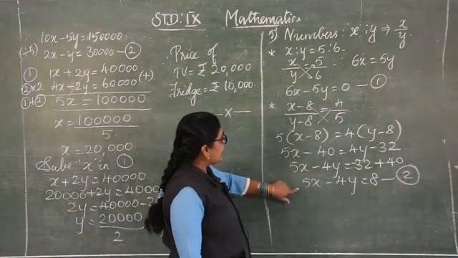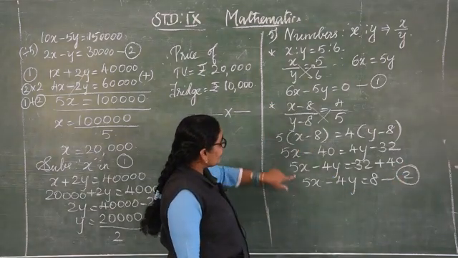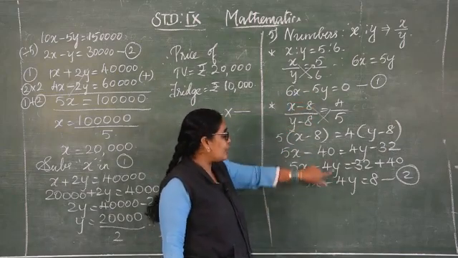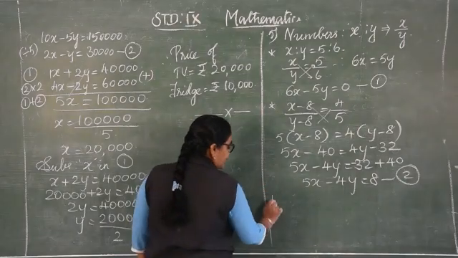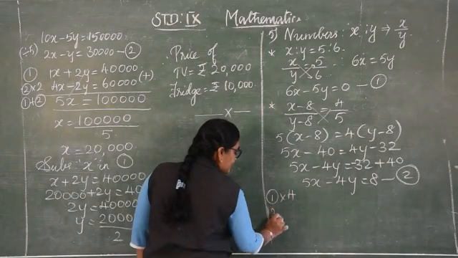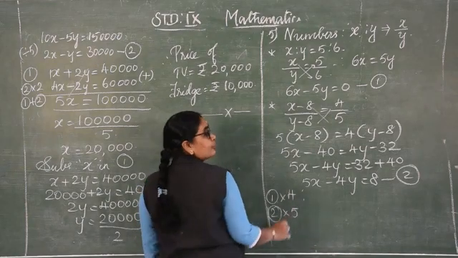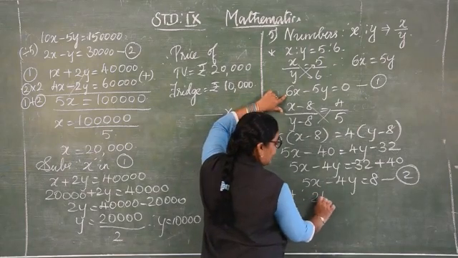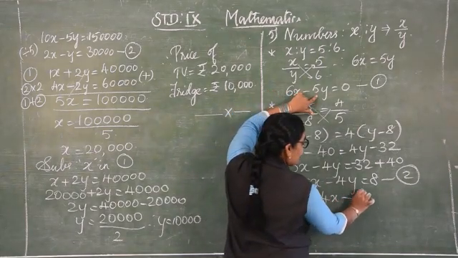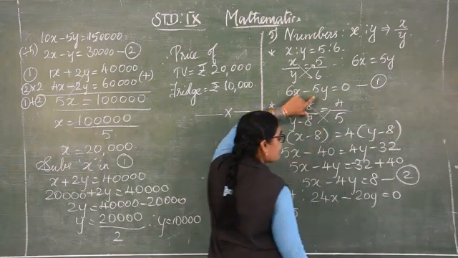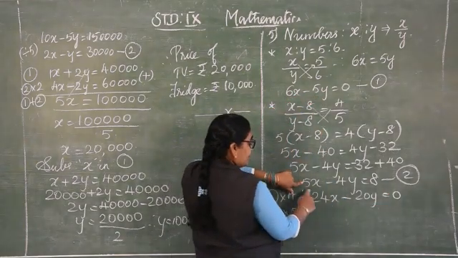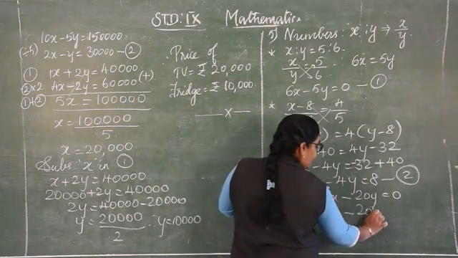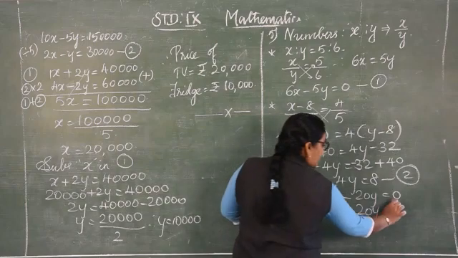Now first equation and second equation, you compare. No, the coefficients are not the same. Here 6 and here 5. Here 5 and here 4. Easy method, go for eliminating y. So first equation into 4, second equation into 5. What will you get? First equation into 4. So 6 4s are 24x minus 5 4s are 20y equal to 0. Now second equation into 5. So 25x minus 5 4s are 20y equal to 8 5s are 40.